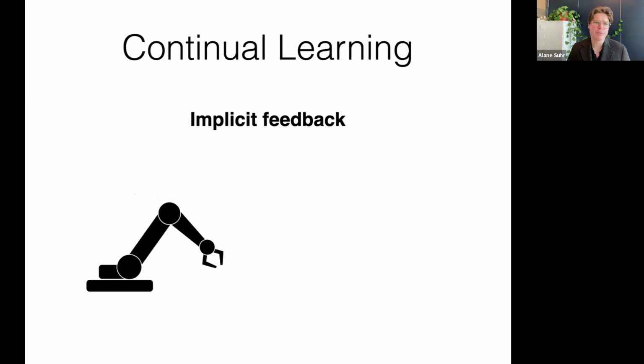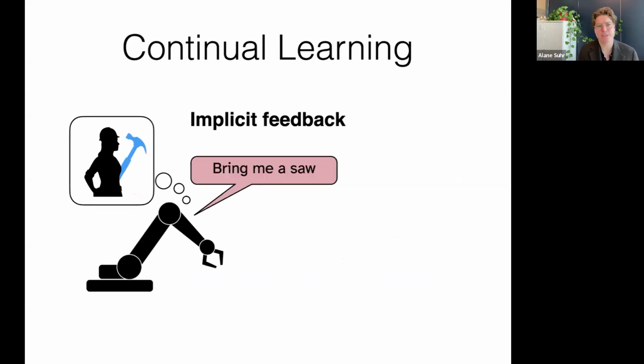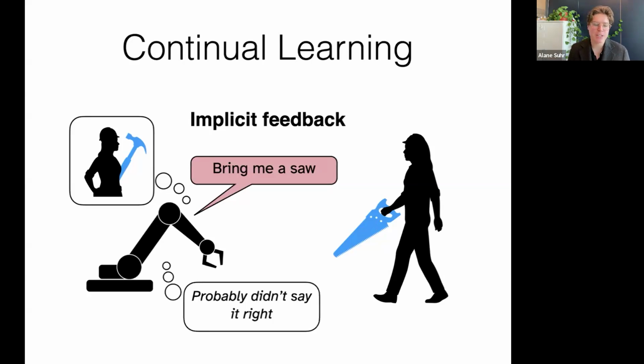But we can also learn from implicit feedback that arises in an interaction. So let's say that our system has some goal for the user to bring it a hammer, but it incorrectly generates this expression, "bring me a saw." Now the user who's going to try to cooperate with our agent will bring a saw to the agent because they're going to follow the instruction, but the agent will realize that this is actually not the goal that it wanted to achieve. And so we can construct a learning